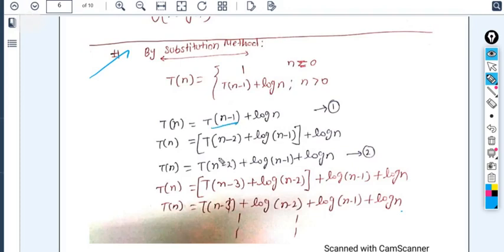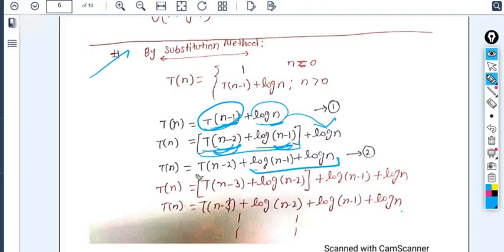Same thing, you have to replace the values of T(n minus 1) with log n. So again we are replacing T(n minus 1) with T(n minus 2) and log (n minus 1). If I take n minus 1 here, n is coming. Same here, if you take n minus 2, n minus 1 is coming here. So this log n will remain as it is over here. We are replacing T(n minus 1) with this value only. Same thing, we are just rewriting it by opening the braces over here. Now this is the outer part, you are replacing T(n minus 2) with this line, and we have written this thing as it is over here. Same thing, if you have written kth time, then what will it be over here?